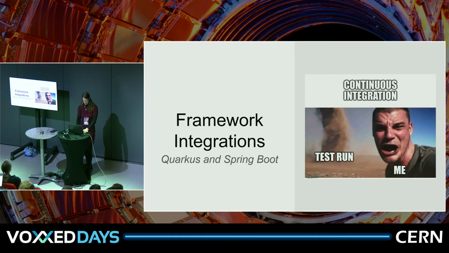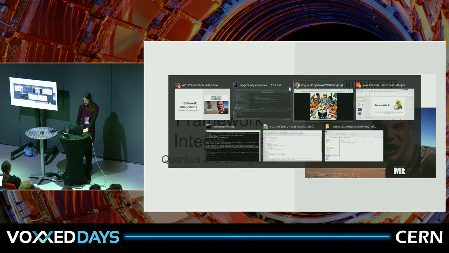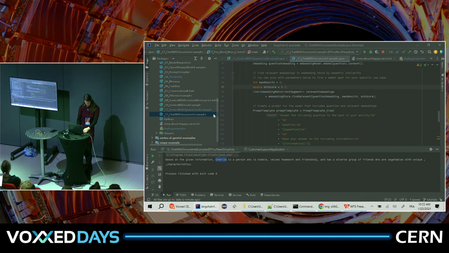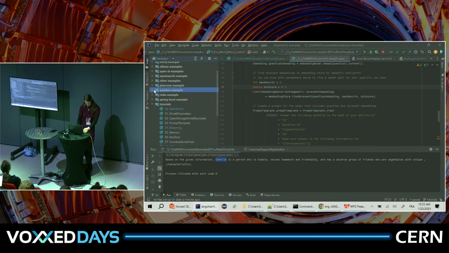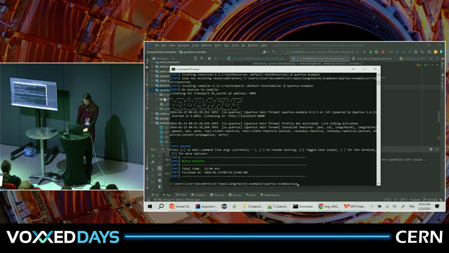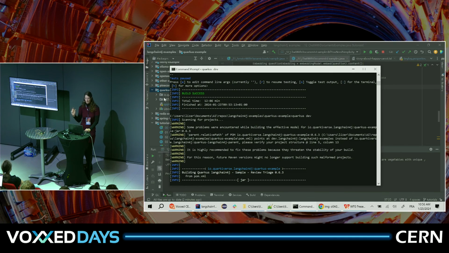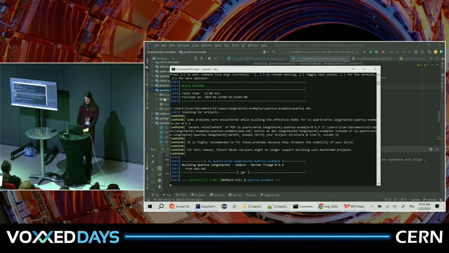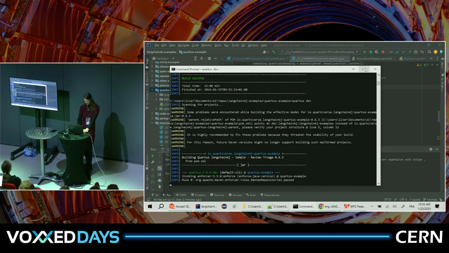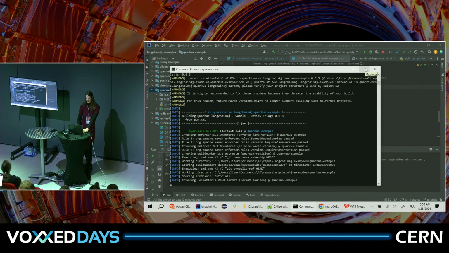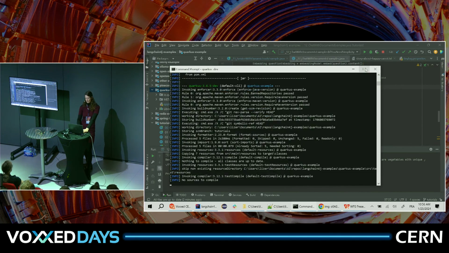We have integrations with Quarkus and Spring Boot. You already saw the Spring Boot example. I want to show you this Quarkus example in here. So it's also available in our examples. I'm going to run it via command line because that just worked better for me. If you run Quarkus applications in dev mode, you can change things in the code and it will automatically be swapped without you having to restart the whole application. It's super nice. By the way, all these large language models usually also speak multiple languages. So if you have a customer from abroad, it should be able to handle it.